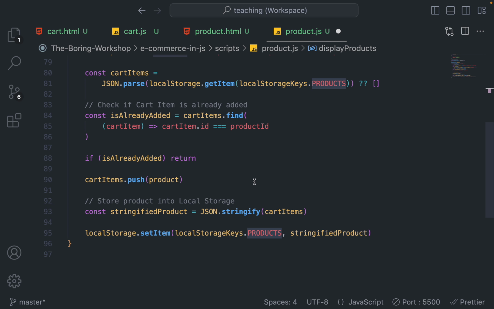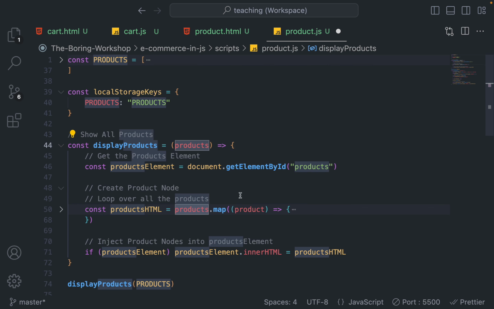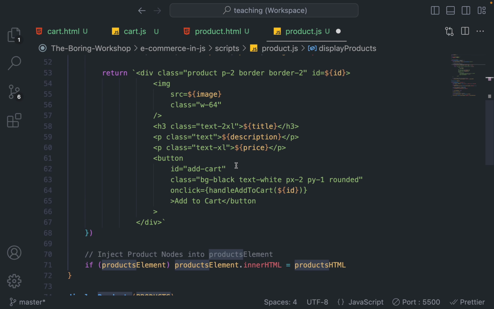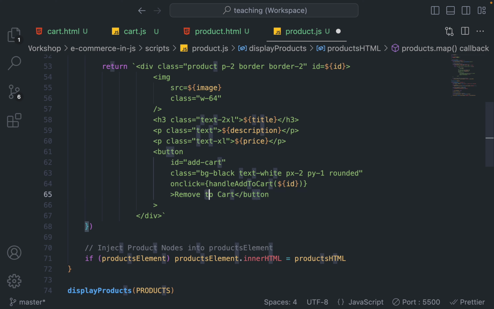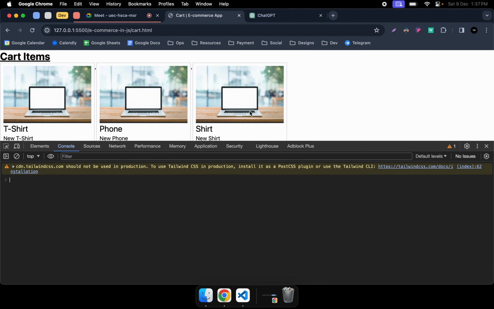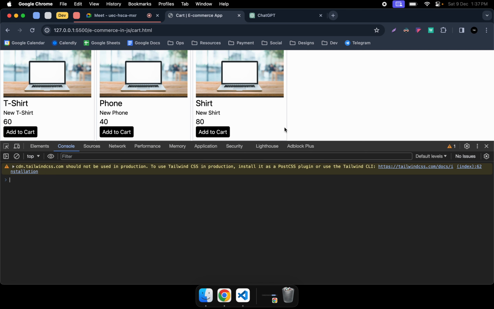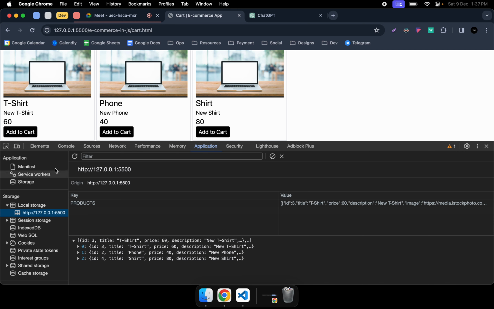Anything left here? Yeah, one more thing is left here: we did not say remove from cart. Okay, 500 we can say. Let's see if it will work. Okay, it is not working. Anyways, we have 3 items here, and if you remove it,